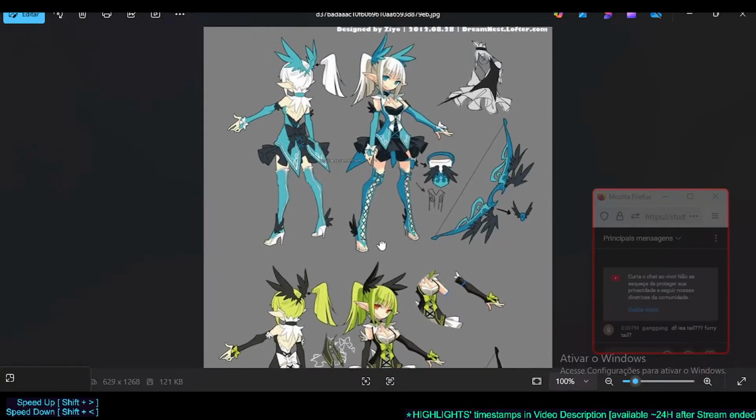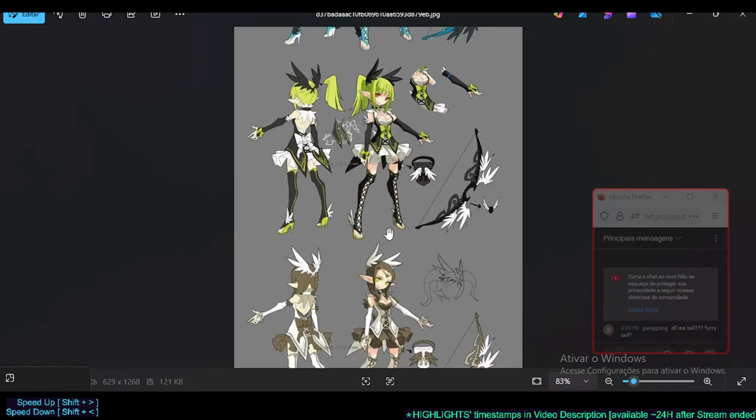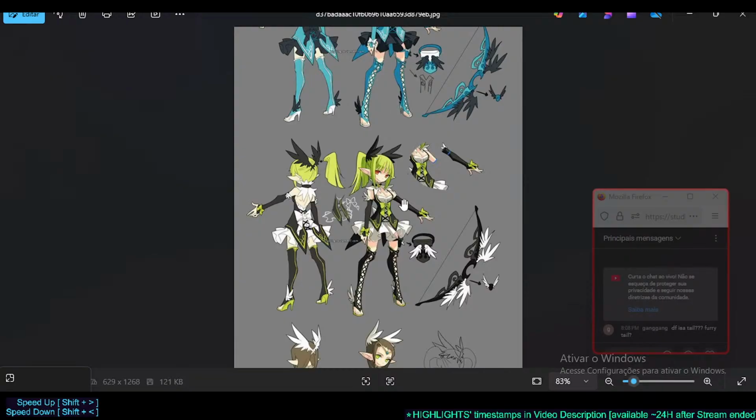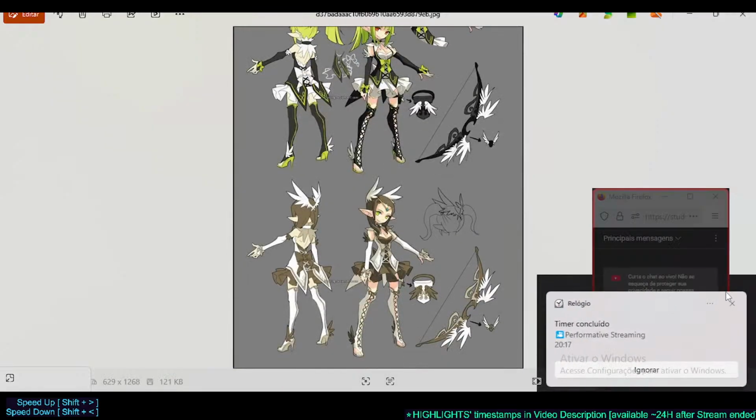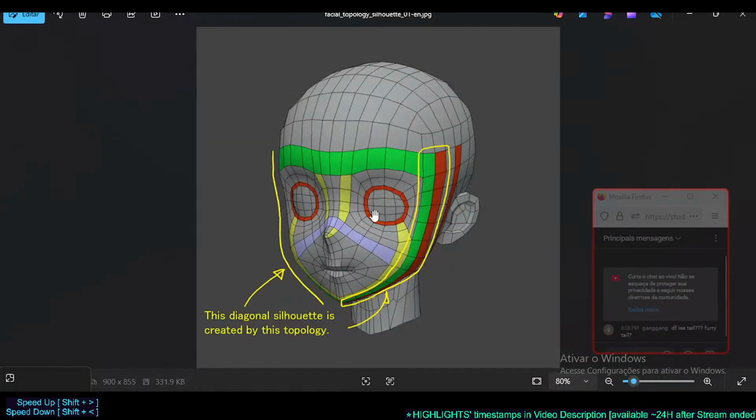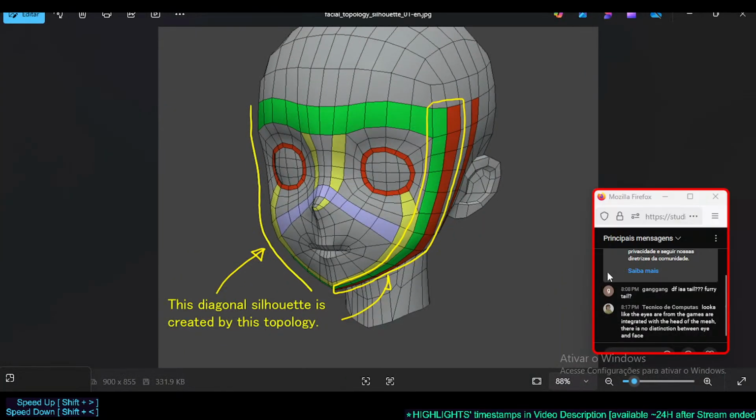Here we got some character design that someone probably made after, right? Inspired by the game. They are very different from the elf archer. Okay, the performance is over. So here